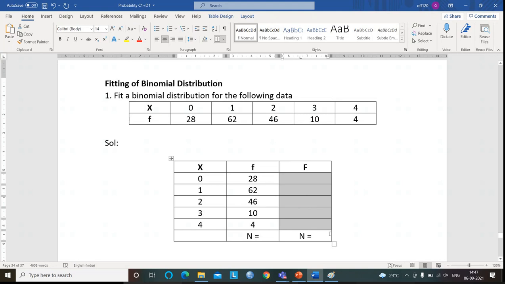The total of these values is 150: 28 plus 62 is 90, 90 plus 10 is 100, 100 plus 46 is 146, plus 4 is 150. That means the total frequency is 150. Now I need to find new frequency values so that if I add those frequencies again, I need to get 150. If the new frequencies total is also 150,